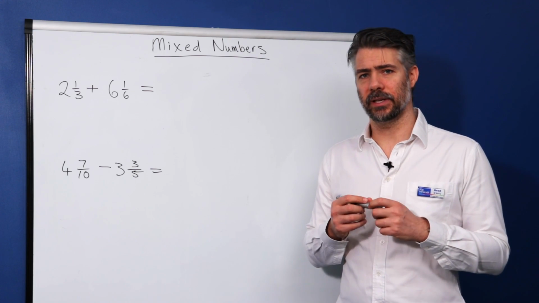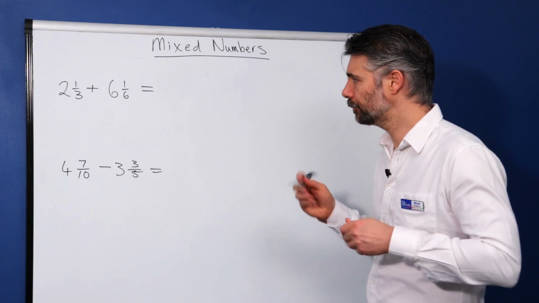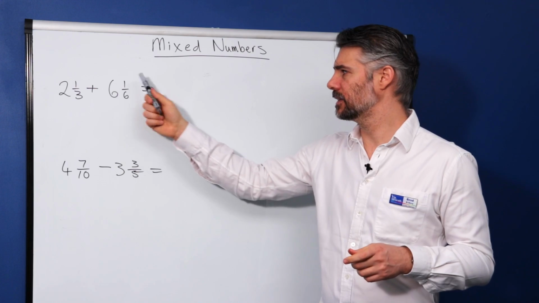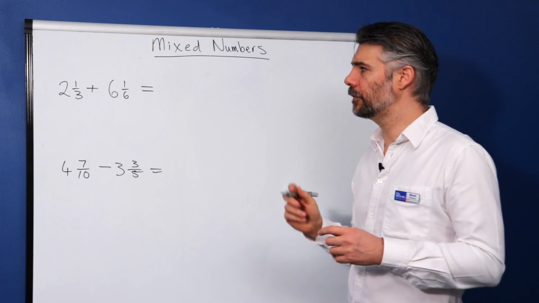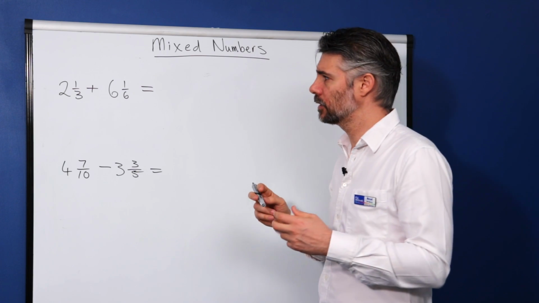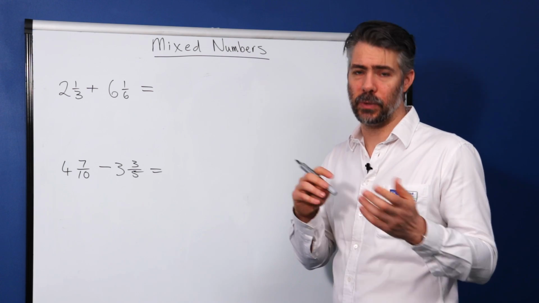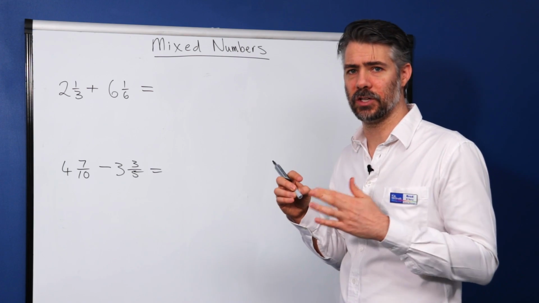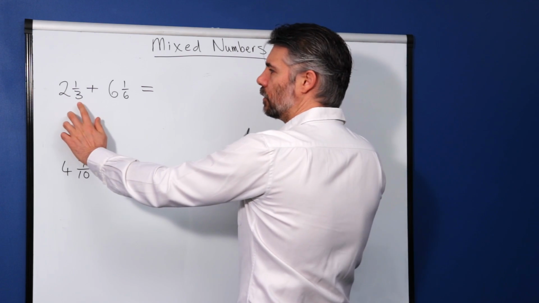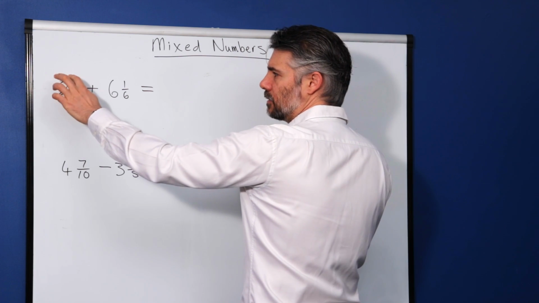Adding and subtracting mixed numbers can look very complicated, but it doesn't have to be, and I'll show you how. So here we have 2 1/3 plus 6 1/6. What we first need to do is convert them to improper fractions. We have a video on converting numbers between mixed numbers and improper fractions that can help if you haven't seen it already. So what I do with this one is I say 3 times 2 is 6 plus 1